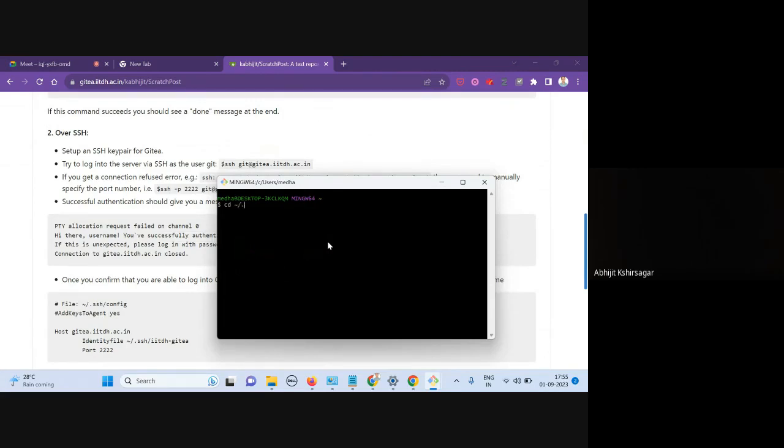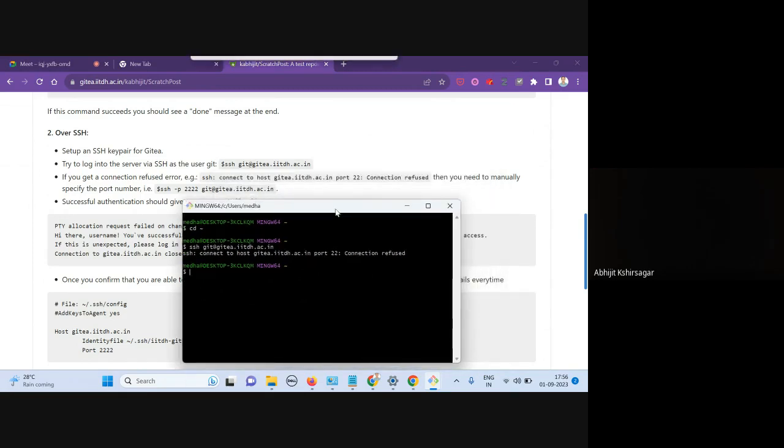Okay, let's just try SSHing into this. Okay, so this is not going to work because our port is not correct. So our port is 2222. There you go. So now we are able to SSH,